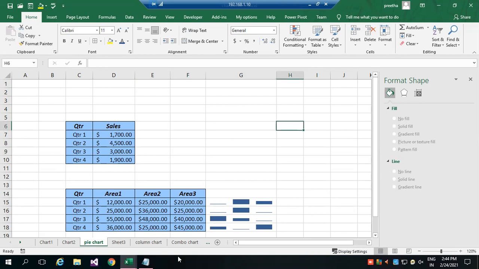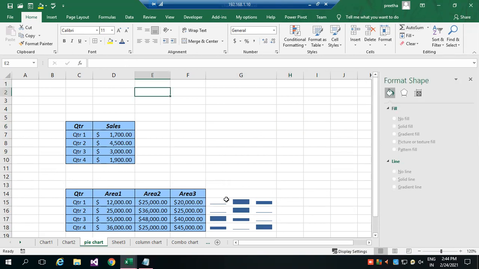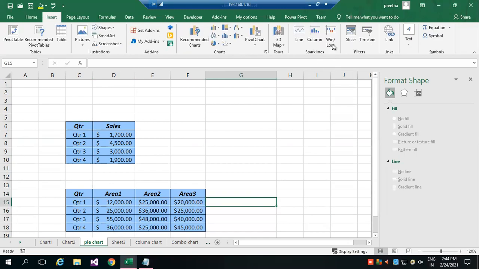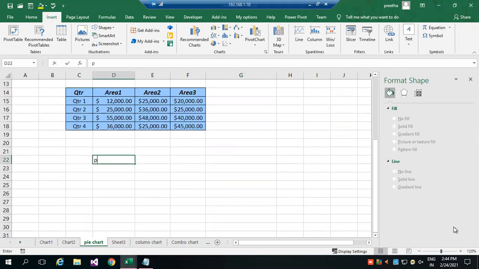One more model. So let me clear, select, you can clear all. So another model is only when you wanted to work with positive and negative values, win or loss. Okay. So I'll say here product code, series 1. Okay. So P101, P102.